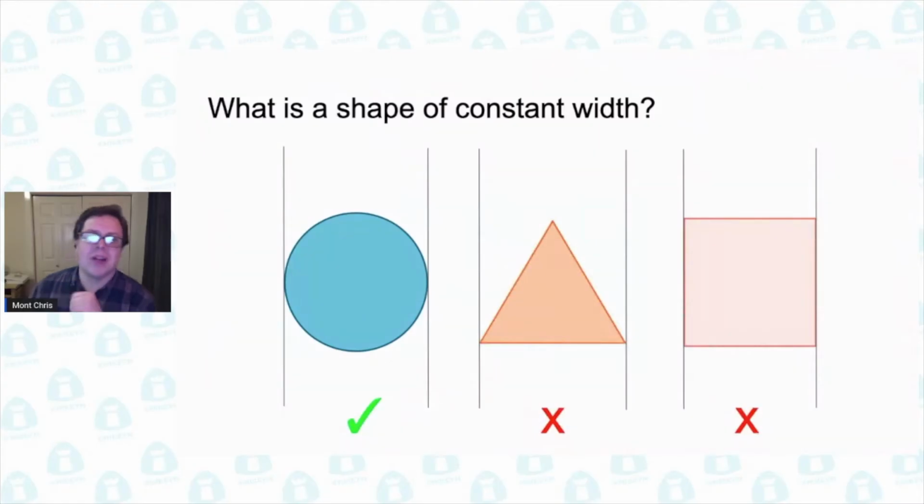What is a shape of constant width? Well, here are three shapes you are undoubtedly familiar with. Only one of them is the same width no matter how it is rotated, that being the circle. The triangle is shorter than it is wide, and the square is longer along its diagonal. Besides the circle, though, there are actually infinitely many other shapes of constant width, the best known and most useful